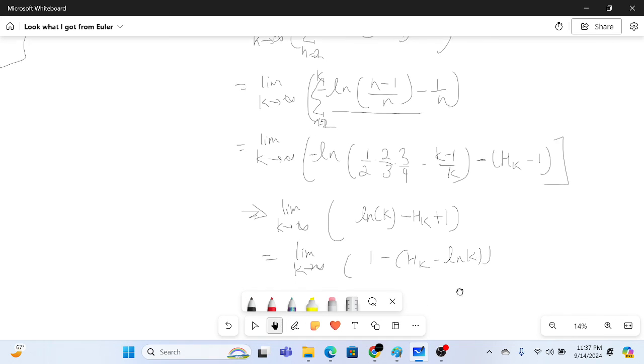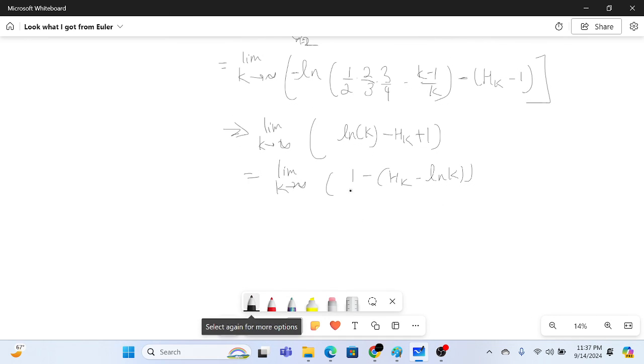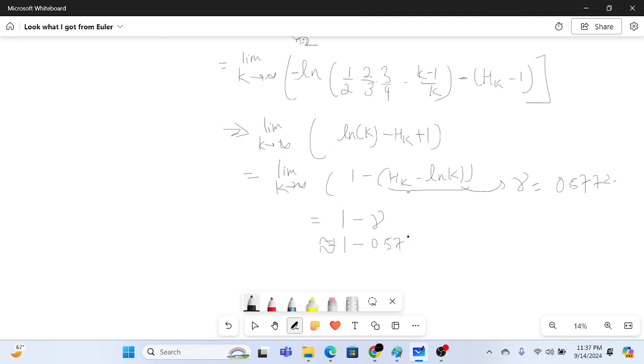Yeah, and we know that when k is going to infinity, the harmonic number minus ln of k converges to the Euler-Mascheroni constant, which is approximated at 0.5772, something like that, right? So this is 1 minus the Euler-Mascheroni constant, and since this is approximately 0.577, this value will be approximately